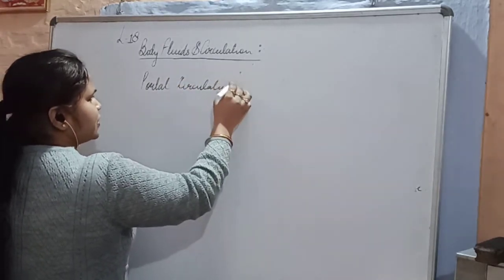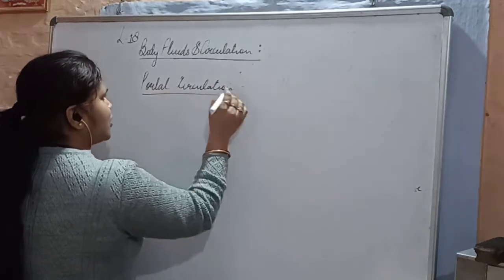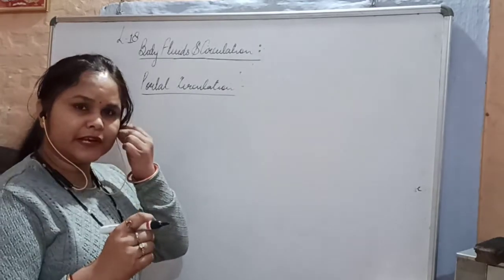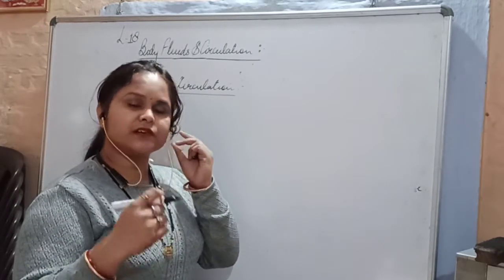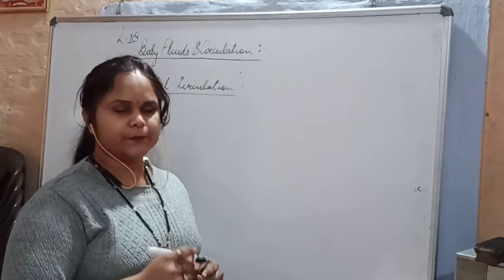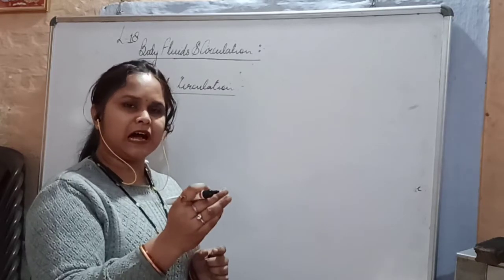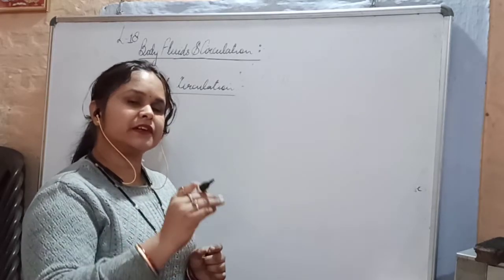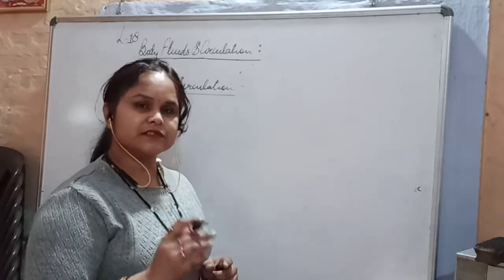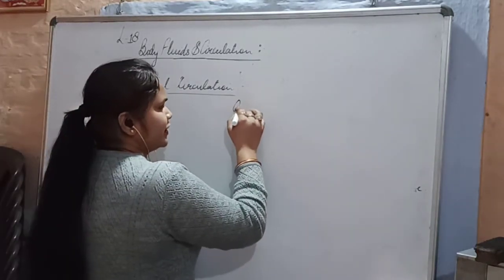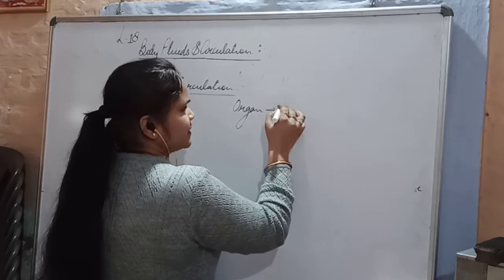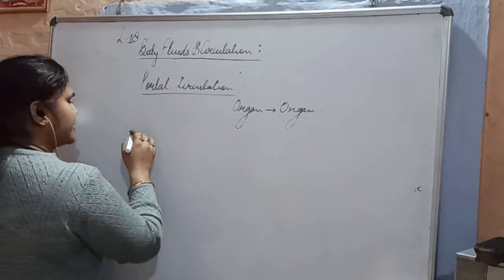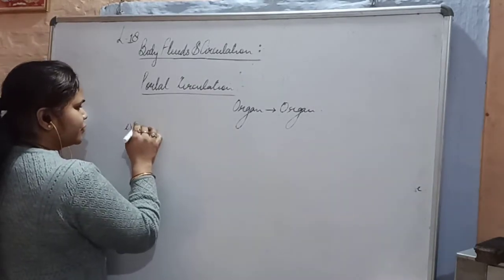So what is portal circulation? Where the blood is not transported into the heart directly, but from one organ to the other organ, that circulation is called the portal circulation. When the blood is transported from the heart, but it is going to some other organ, followed by the other organ, then it is going into the heart, and that system is called portal circulation. In short, you can also write it as transport of blood from organ to organ. Okay, so that is the portal circulation. We have got two portal circulations to discuss.